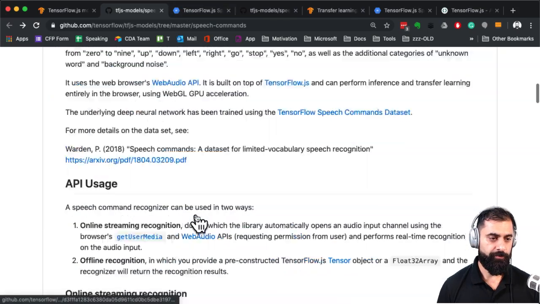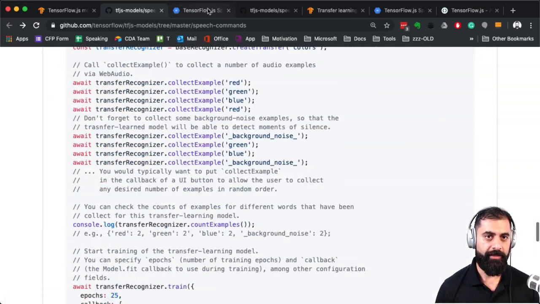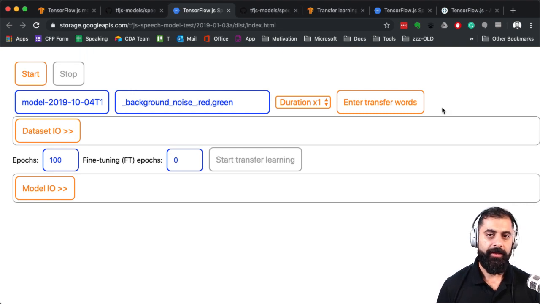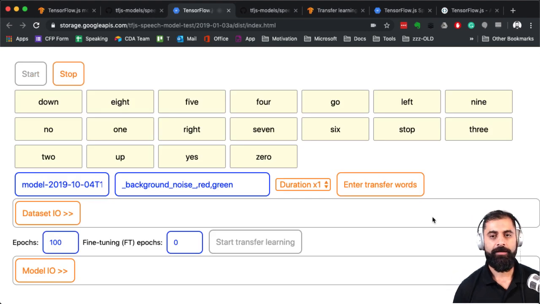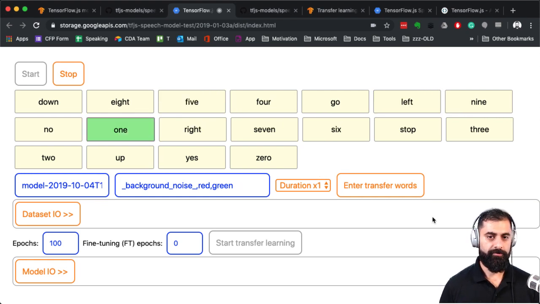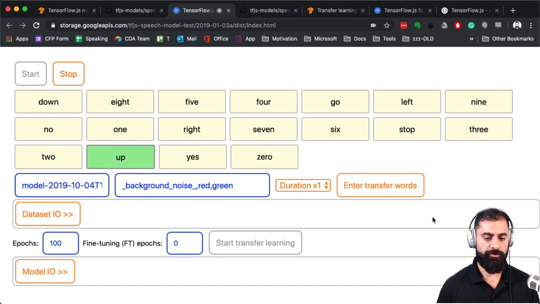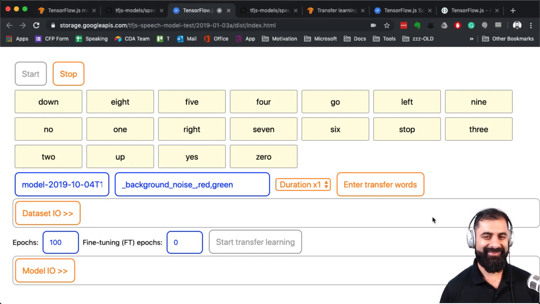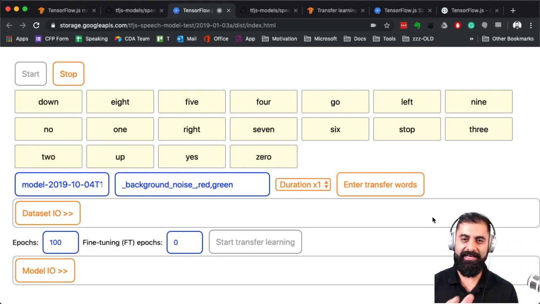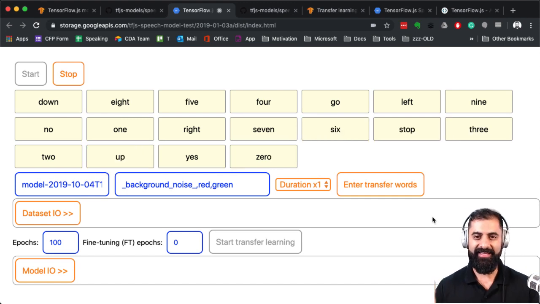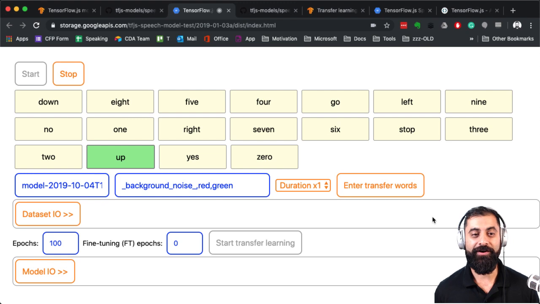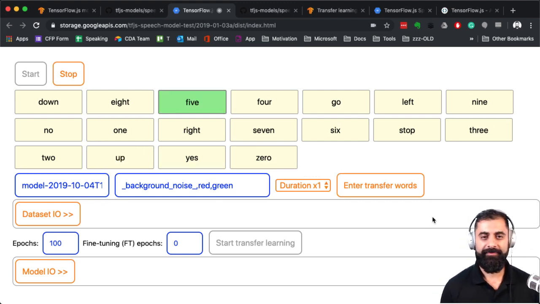Now, in order to use it, we're just going to play around with the live demo that I just showed you. I think I opened up here. Here we go. And I think to begin, I press start. Yeah. Did you see that? Left. 5. 1. 7. Yes. Up. 2. Isn't that cool? It's pretty cool, right? As I'm talking, it's detecting what I'm saying, so it can't really figure everything out. It's not perfect, but it's pretty decent.